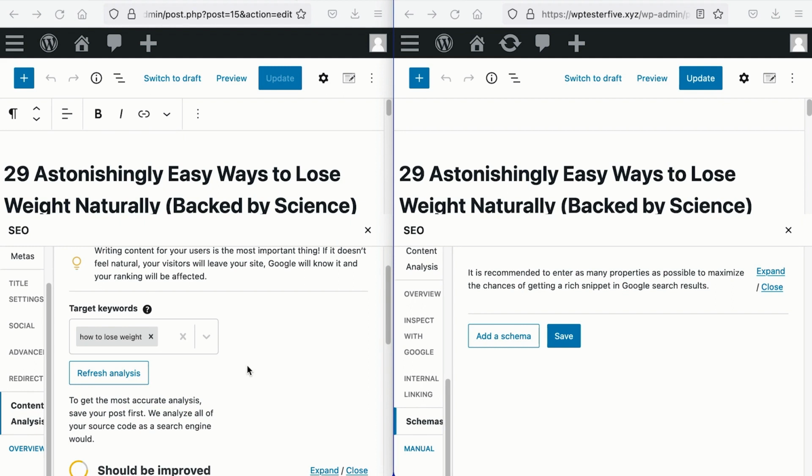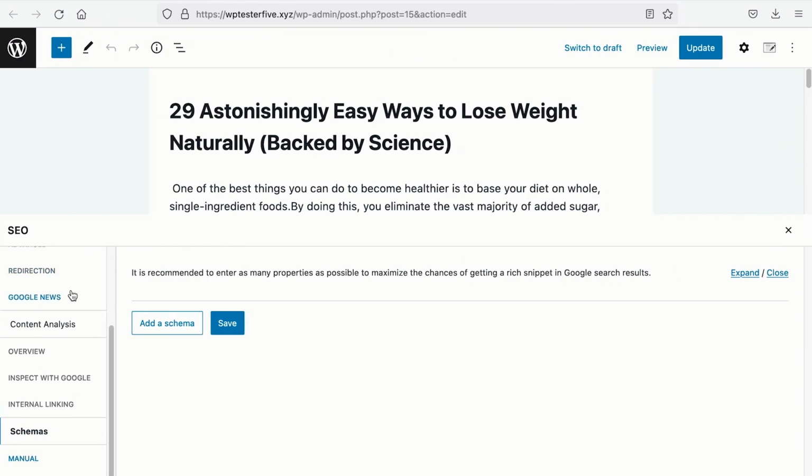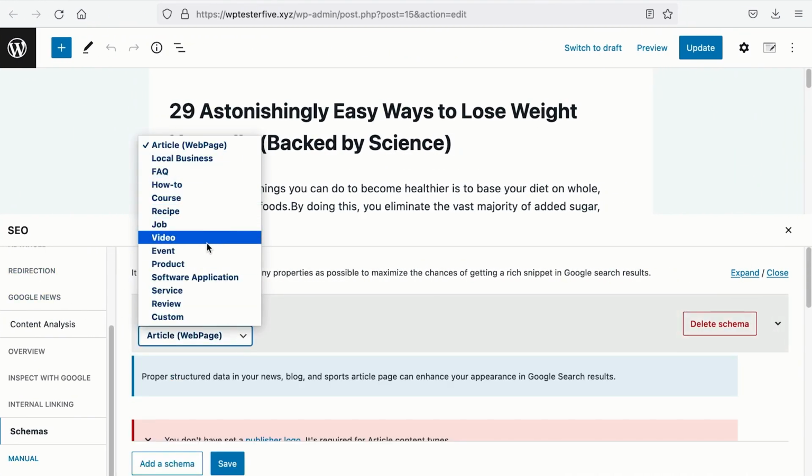Now, schema is one of the most important things for SEO because it enhances the search features around your article. Unfortunately, in the free version of SEOPress, you do not have any way to add a schema markup, as I've mentioned earlier. It is only when you upgrade to the Pro version that you will have 13 predefined schema markups